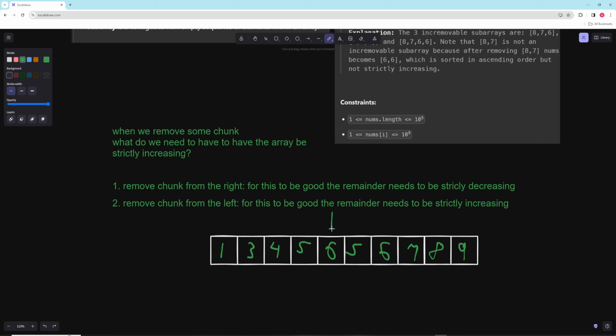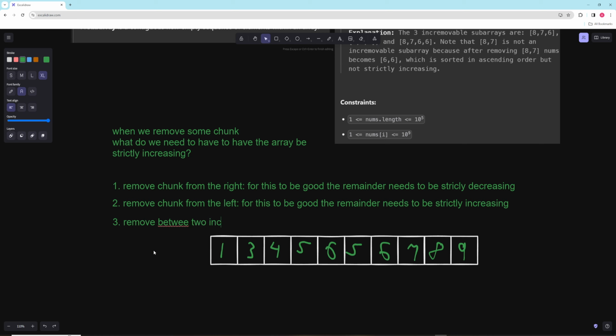So let's say we pick here. If we remove this, then starting here, this needs to be strictly increasing, right? Similarly, if we remove from the right, then starting here, going this way, this needs to be strictly decreasing. So those are 2 ways, and then we have one final way, and that's remove between